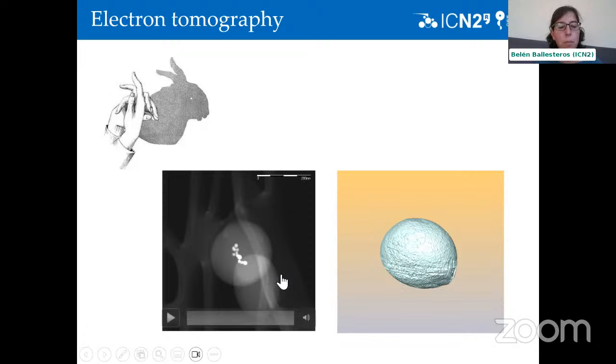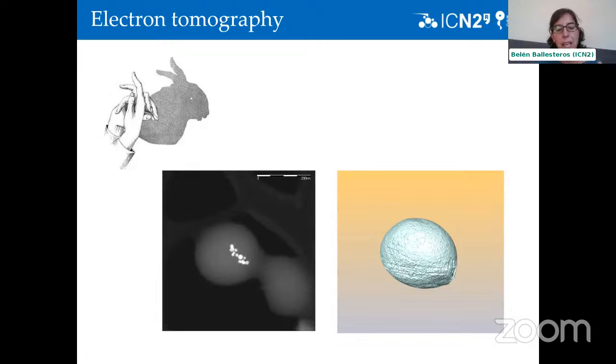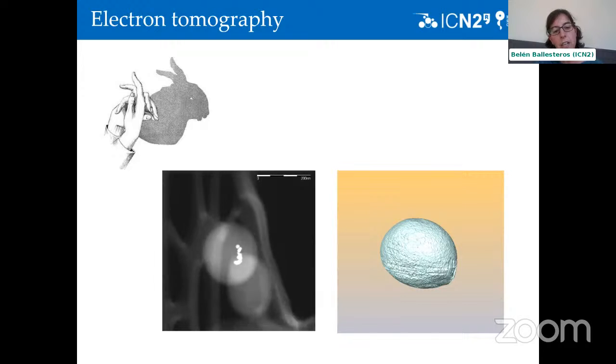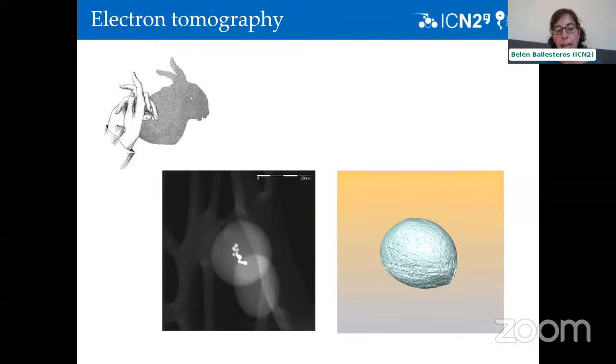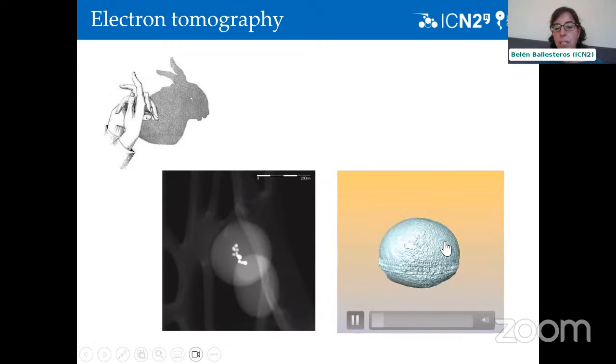So what you do in tomography is that you take several images of the sample, tilting it as much as you can in positive and negative angles. Normally it has to be plus minus 70 degrees, and you take images at, for instance, every 2 degrees, and you make this type of tilt series. And then there is some special reconstruction software, and then you can finally, in this case, for instance, we had this